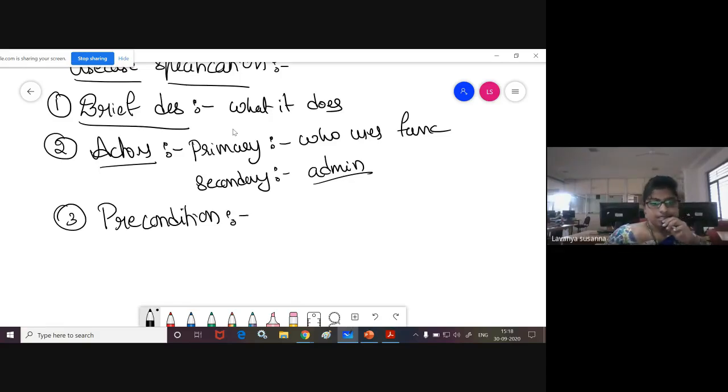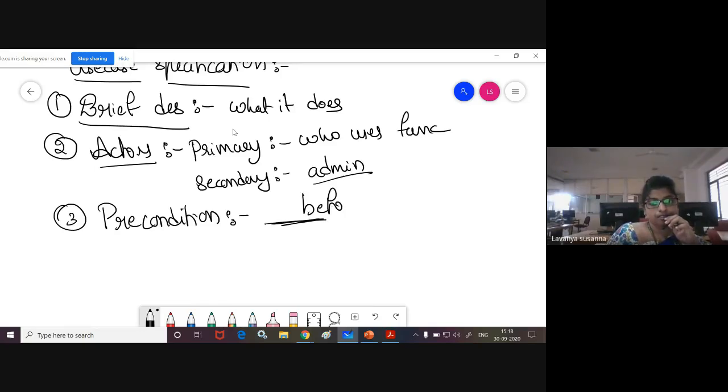Preconditions. See, precondition means a condition which is met before the use case is executed. That condition you need to write.